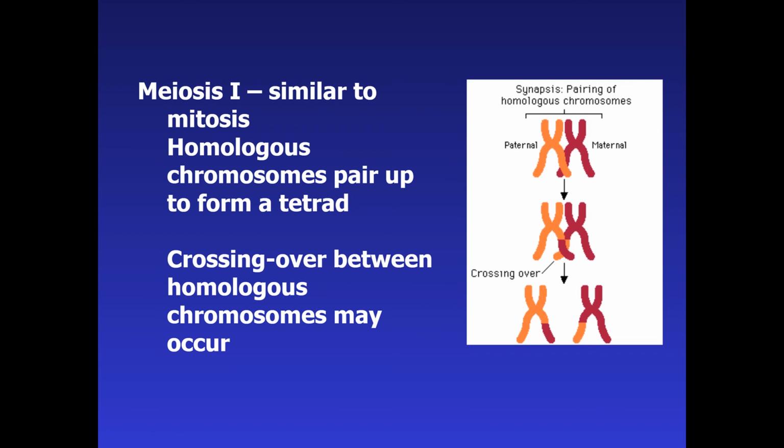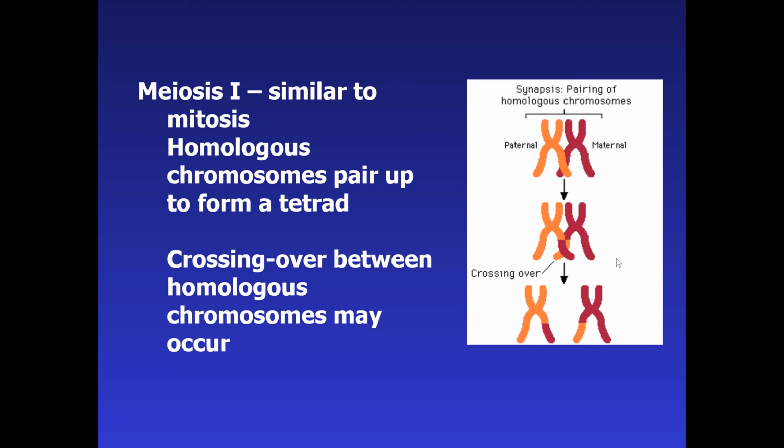There are two different phases to meiosis. So this is meiosis 1, and it is similar to mitosis in that homologous chromosomes pair up to form a tetrad. So tetra meaning 4. So here we have the tetrad here. As you could see, a crossover, something,